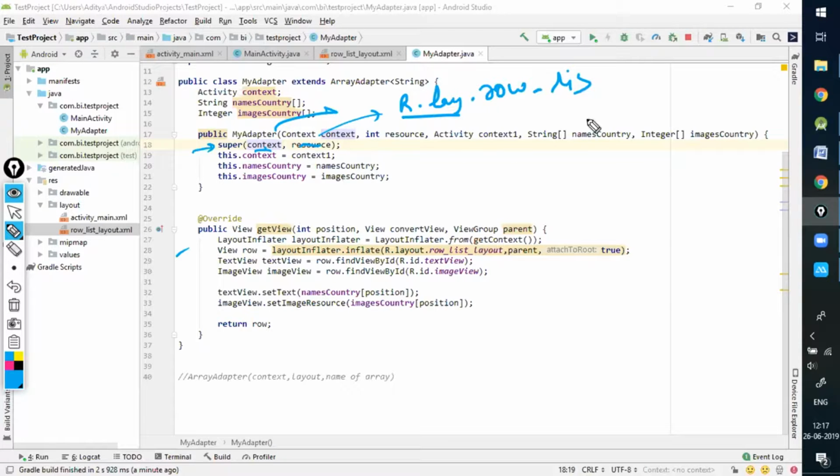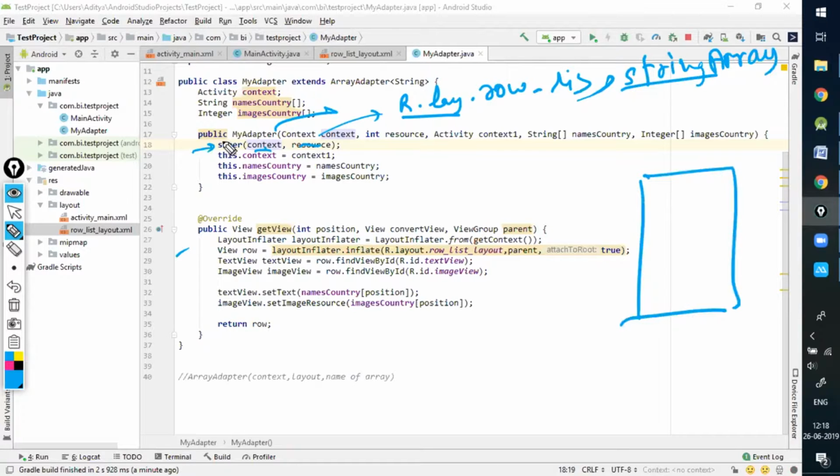But it also demands a third thing, which is nothing but a string array. The reason why it demands a string array is that my adapter should be aware of how many items are there in your list.